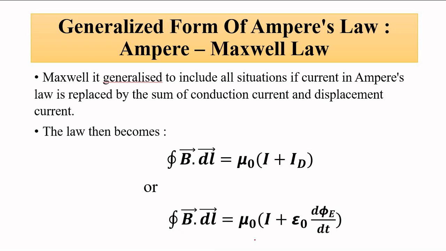This expression is also important, and here mu 0 is the absolute permeability, epsilon 0 is the absolute permittivity of the medium. So if you notice this expression, this expression here,